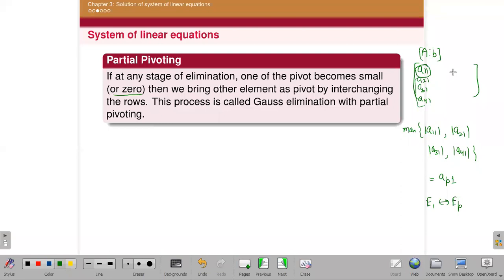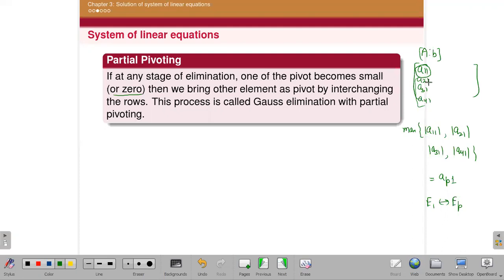Actually, our aim is to reduce this matrix into a diagonally dominant matrix. We are making our diagonal element diagonally dominant here, meaning we are dominating the other elements. So we are making this element larger than all. We are making these elements 0 with the help of A11, so we are putting the largest element there. If it is smaller than the other numbers, then you pick up the largest element and replace it with that number. So that is called partial pivoting.